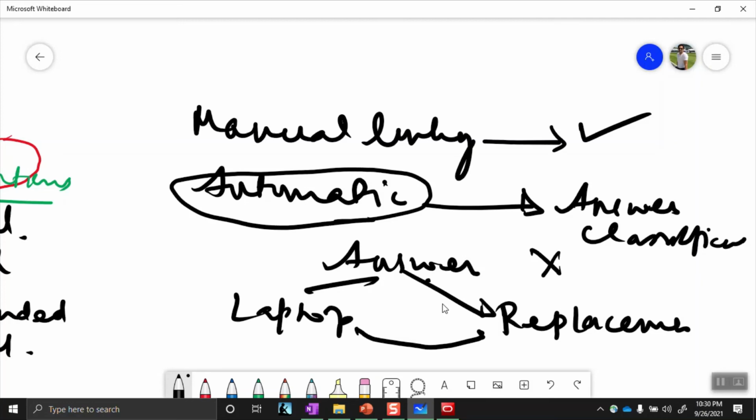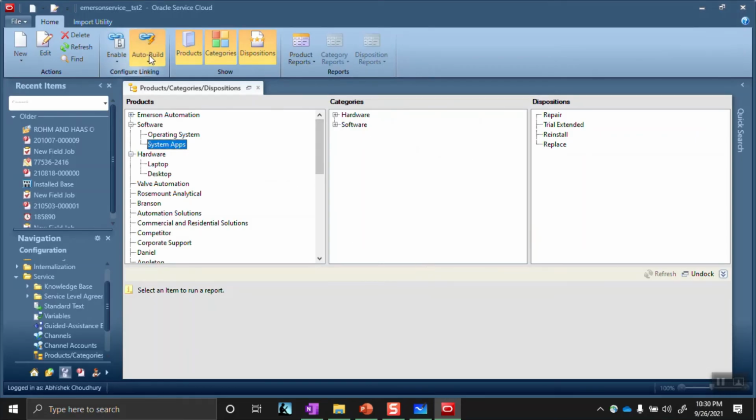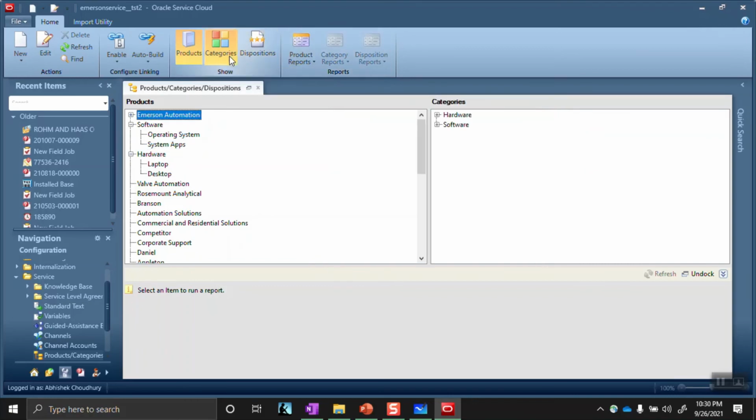That is the time when we generally go with it. Okay, so that is what this auto build actually does for you. Now, other than that, you can also see that there are different types of reports. The reports are basically used in order to understand, or if you are in the categories.